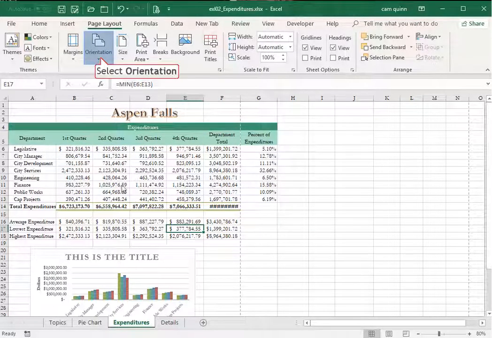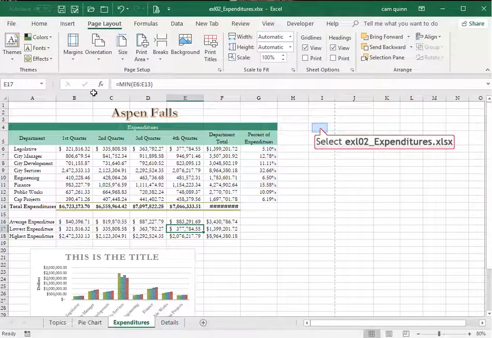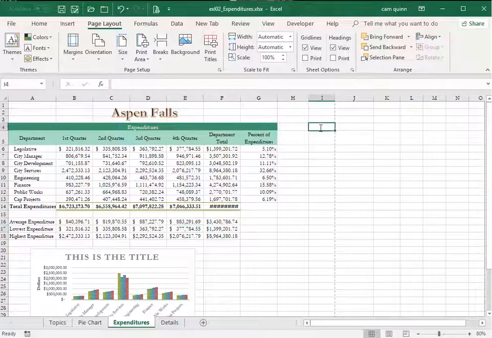So as soon as I change it to landscape, it's now going to fit on one page. So you can see now it's going over to column I. If it wasn't big enough, if I still had a little bit over, I could change the scale of this. So in other words, shrink the chart width and height. So width here and height here to make it fit. I'm going to go to print preview, so file, print,